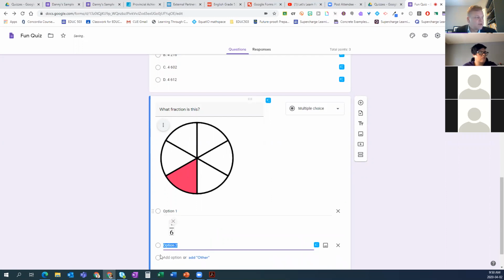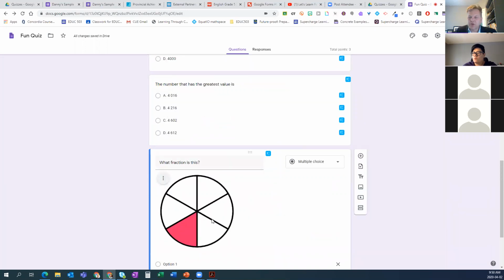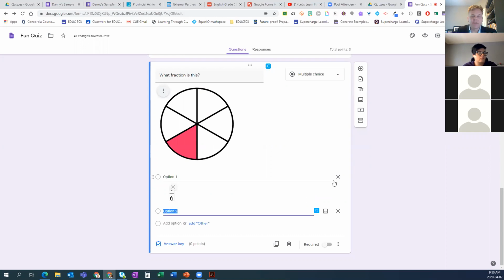And there it is. It brings it in as a picture, but there it is. So long story short, that is how you can use Equatio for teachers. We need a lot more time to dig into Equatio, but to stick with the spirit of this whole session,